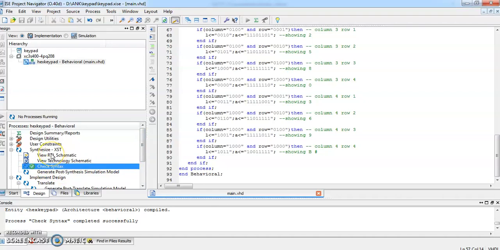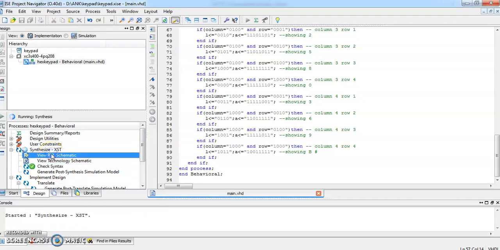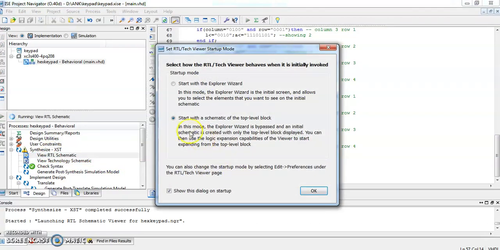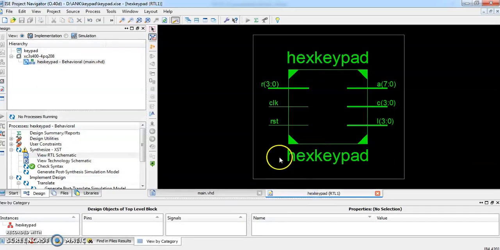Now we can see the schematic of this design. Select the second option, start with schematic of top level block, then click on OK, and now you can see the hex keypad.